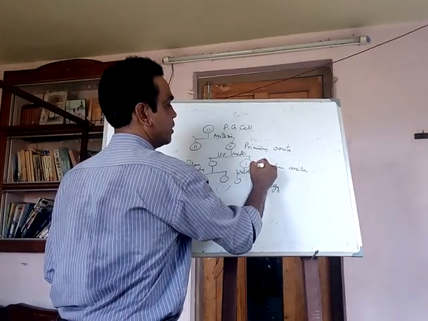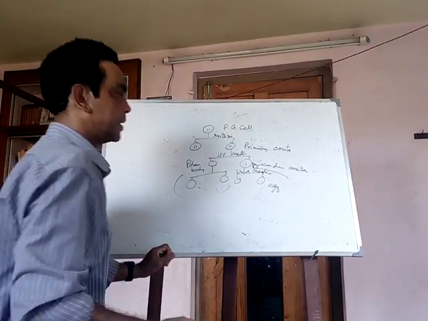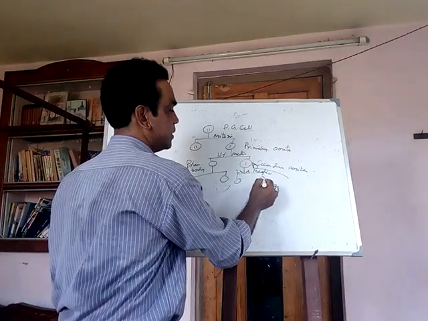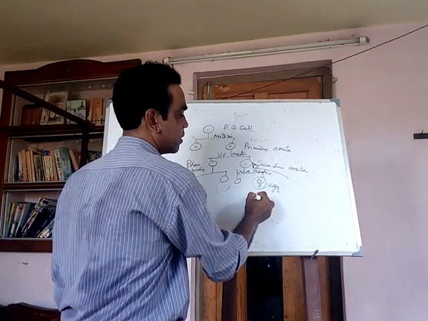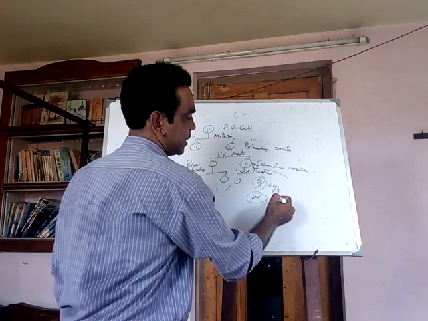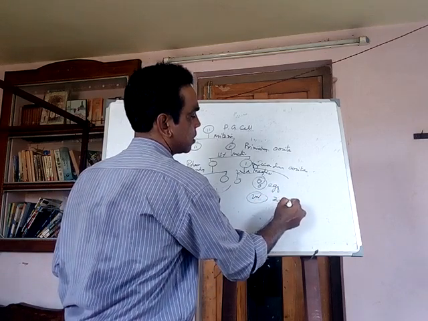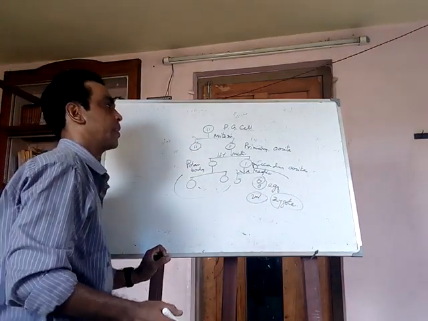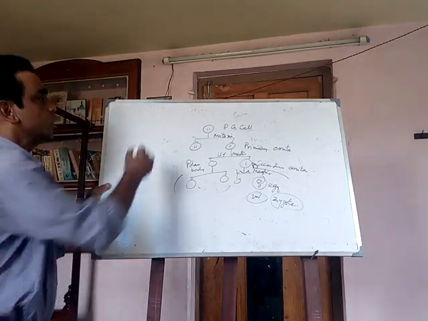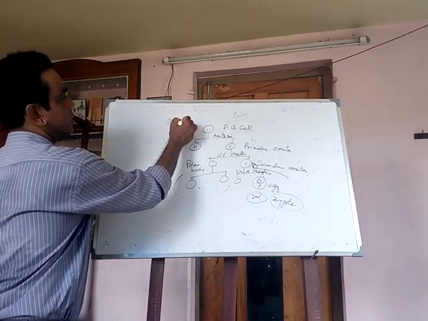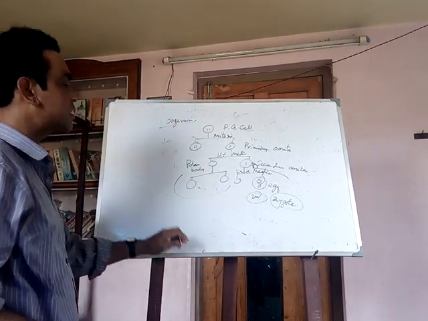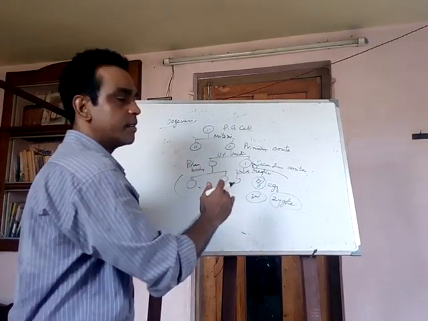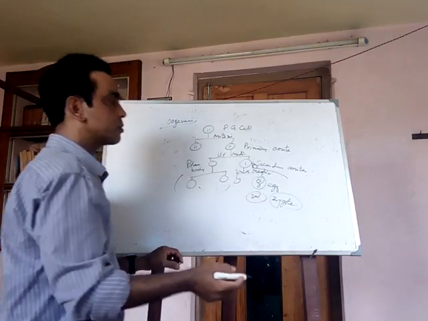When the sperm mixes with the ovum, it forms the diploid zygote. This total procedure is called oogenesis. What is the difference between spermatogenesis and oogenesis? Spermatogenesis is the sperm production procedure. Oogenesis is the ovum production procedure, producing the oocyte.